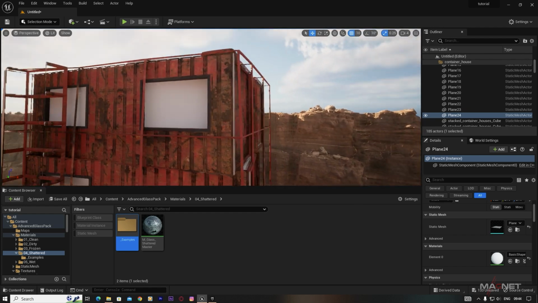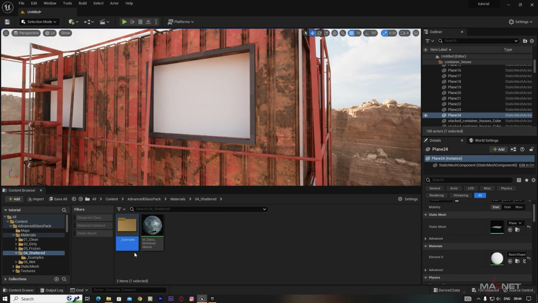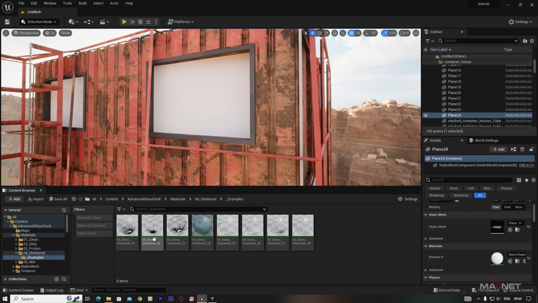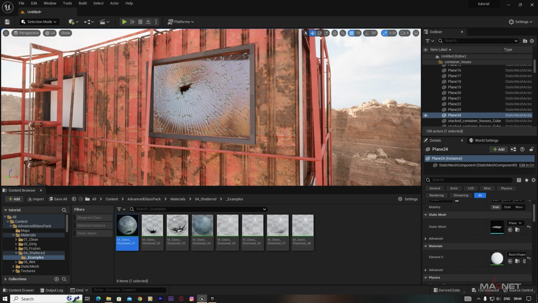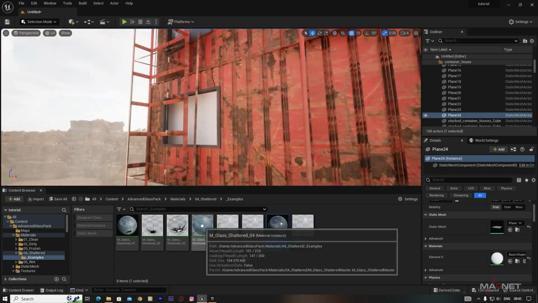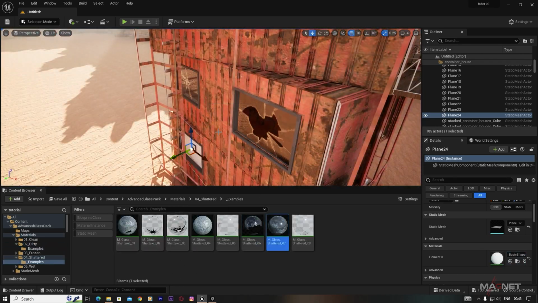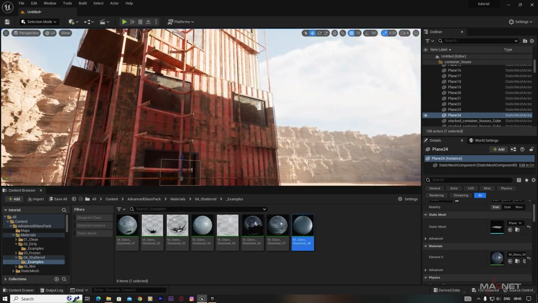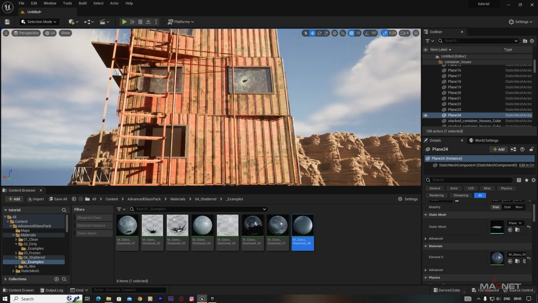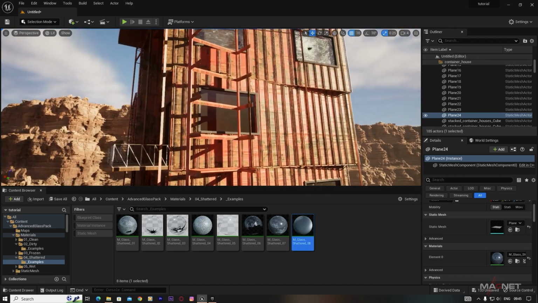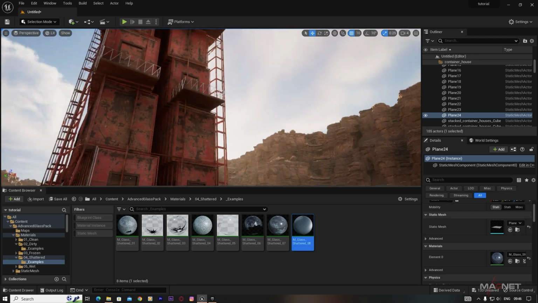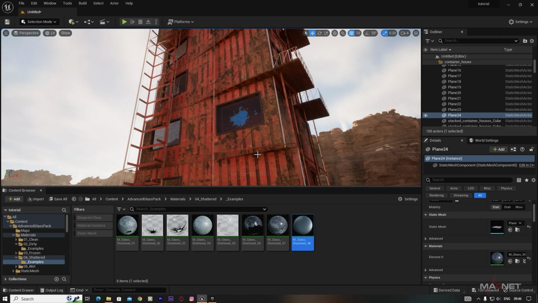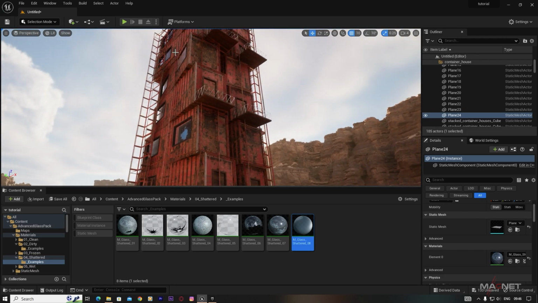And if you want more variation, you can also go to this example folder, and here you can get other variations also, so you can use those as well. Okay, so once you have applied all these materials here, you can see that this looks really amazing. So you can see that this looks nice, and now we're going to decorate this building with some AC units